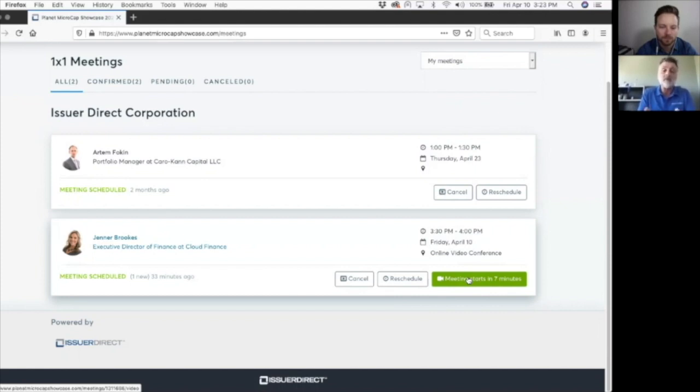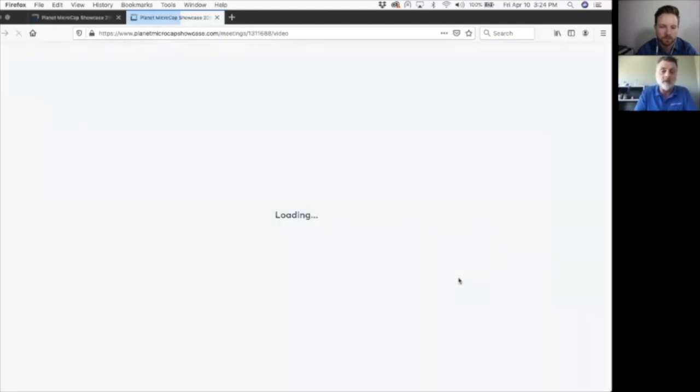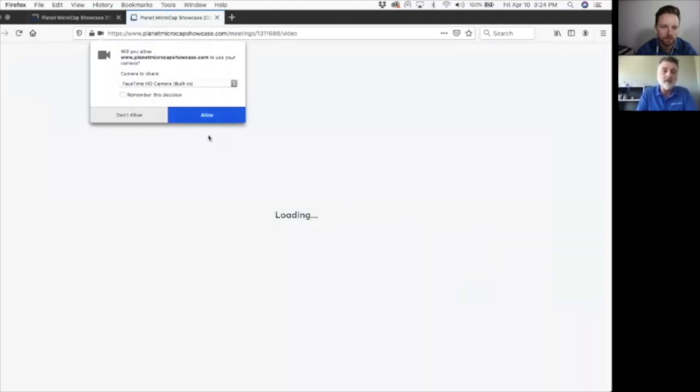These are the types of the things that you're going to be able to get with our platform, whether you're in the comfort of your office, your home, or regardless where you are on your mobile phone or your desktop, you're going to be able to do these things. It's as simple as one click. It opens up the platform. You want to allow your camera. Obviously, you'd like to be seen because I think it's really important,